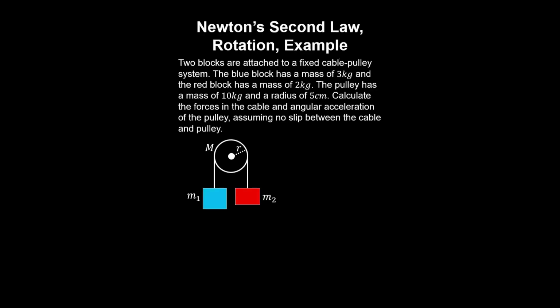Two blocks are attached to a fixed cable pulley system, and the masses of the blocks and the pulley are given, as well as the radius of the pulley. And we're asked to calculate the forces in the cable and angular acceleration of the pulley, assuming no slip between the cable and pulley. So if we isolate the bodies